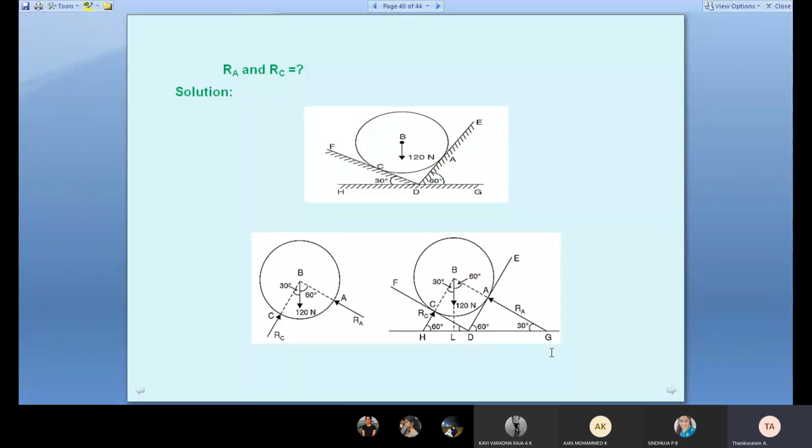Students, mind it, reaction is always 90 degrees with respect to the surface. The surface is DE, so RA is at 90 degrees. The balance: already 60 is given in the diagram. So 90 plus 60, 150, balance 30. Now I again draw the diagram, triangle GBL. Why do I draw it? I want to know how we can calculate the 60 degrees. L is 90, so G is 30. 90 plus 30, 120. What is the B angle?